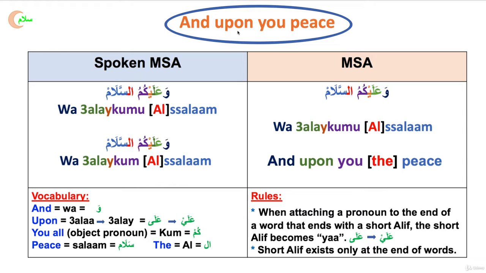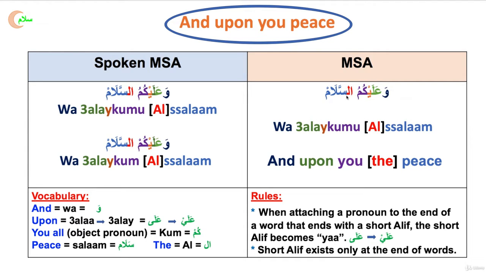In this video, we are going to learn how to say "and upon you peace," which is the reply to "peace be upon you." And in Arabic, it's Assalamu alaikum. Now, in modern standard Arabic, if we want to say "and upon you peace," we say wa alaykumus salam. Notice that we are not pronouncing the alif and we are not pronouncing the lam, and that's because this is